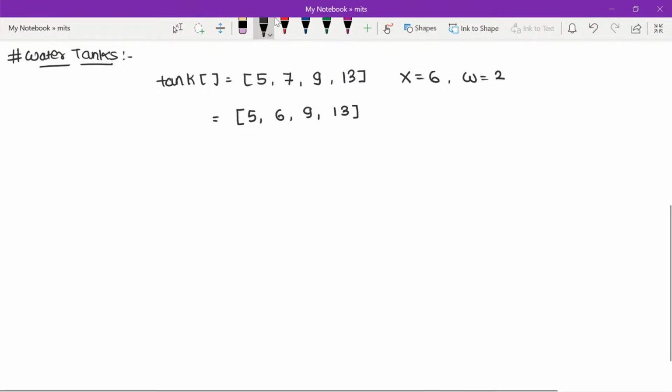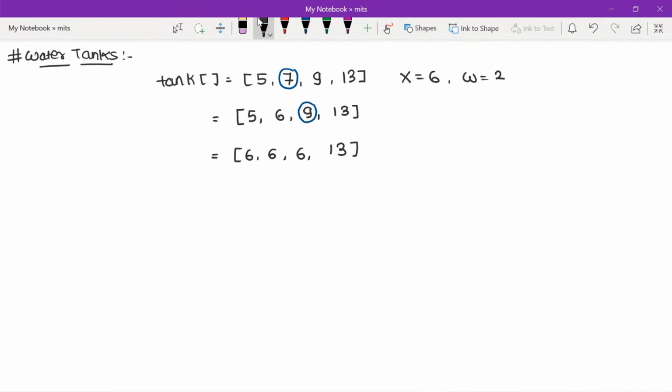Then after, I will transfer 3 units of water from this third tank to tank 1. And since the W units of water will get wasted, we will only get 1 unit of water. So it is now 6 units, it is also 6 units, and it is now 6 units, right? Now from here, what I can do, now this is 13, and now I will select this last tank, and